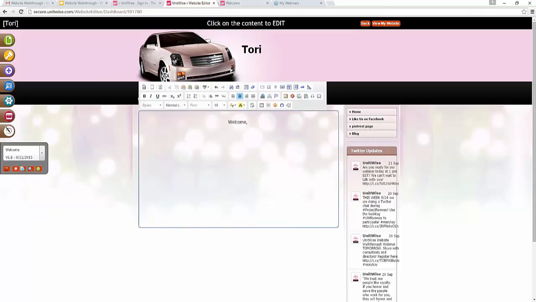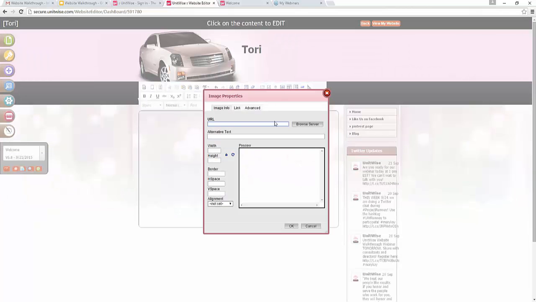Now, if you had an image that you wanted to add inside this UnitWise website, where the cursor is, you can use the toolbar here that we have. Notice these 3 rows of options here. I'm going to go into a few of these. There are a lot of options. Don't let that overwhelm you, but there are a few that are going to be very, very important to make sure you use. Now, one is going to be this image button here, where you click on this image button,